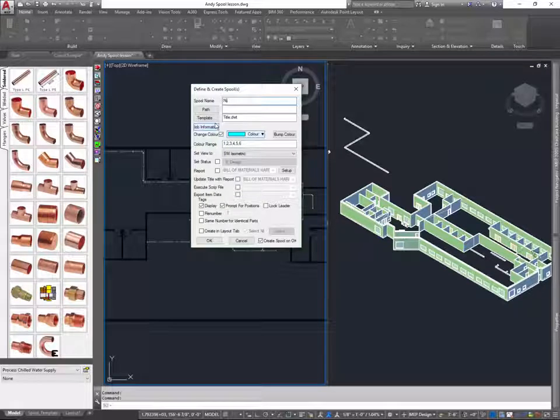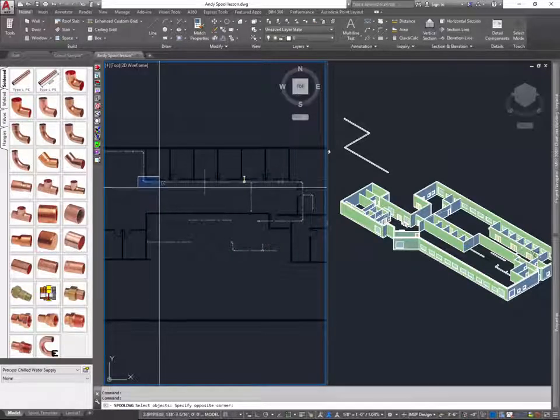So if I was working on their project, I would say Nike Spool-101. And you can name it anything you want. I like to observe best practices of having no spaces. And if I'm on the first floor, I like to name it 101. So let's go ahead and start with that. The template is already built into my file here, so I'll hit OK. So this will be my first spool,